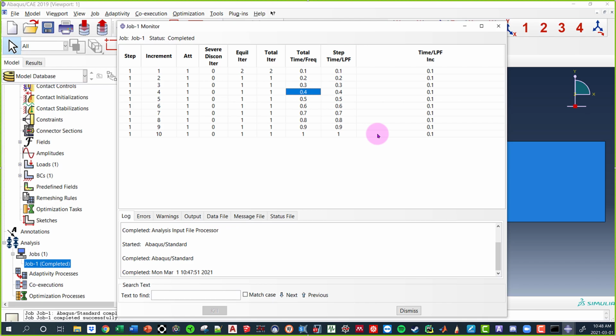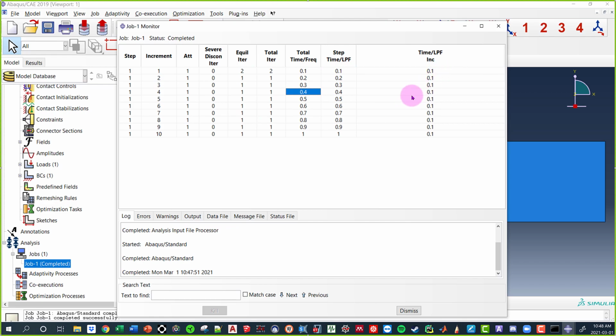I got a good question: what is the variable that ABAQUS is trying to converge? That comes from the PowerPoint. It's converging force equilibrium. It depends on whether we're doing force control or displacement control. If it's force control, we know what our applied forces are, which are our desired values. We iterate through the displacements until our internal stresses equal our external stresses, or in other words, our whole section is in equilibrium. That makes sense? Perfect. It's just trying to keep the section in equilibrium.